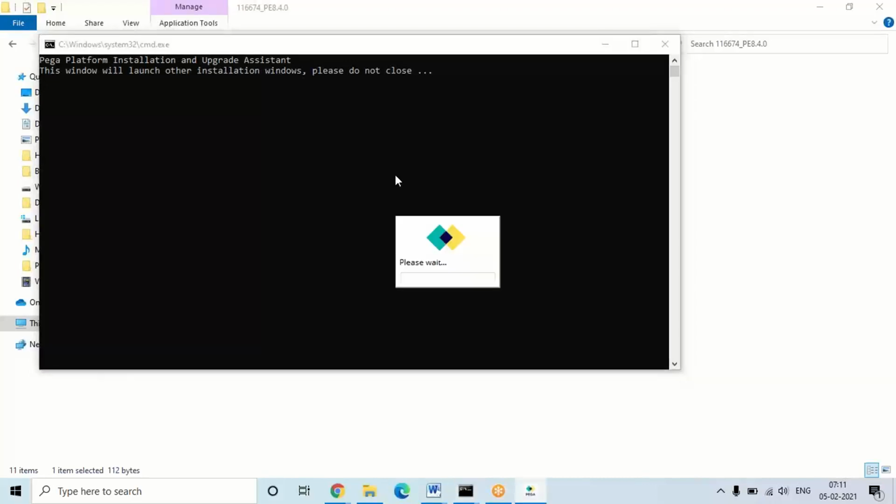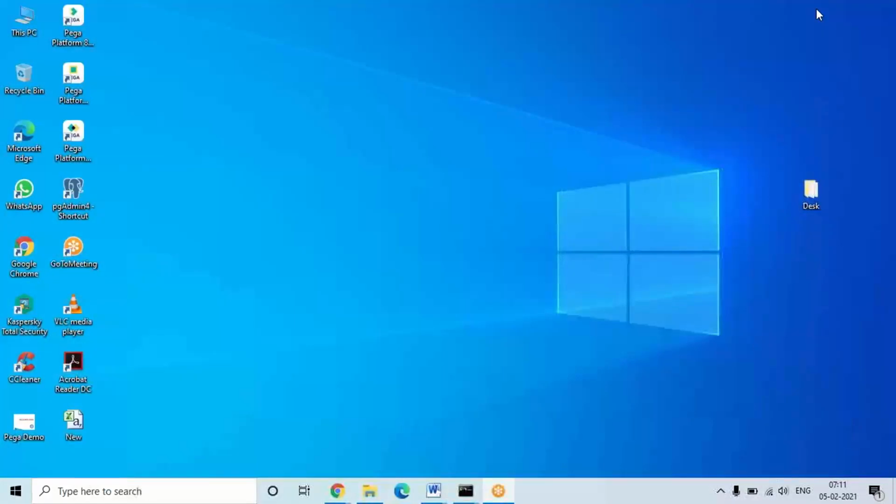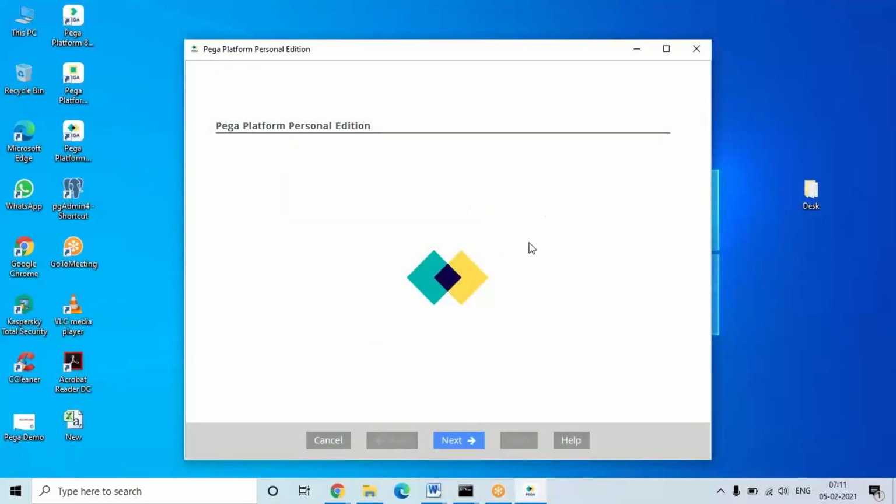Within a few seconds, you have to minimize this command prompt. Minimize that, and this wizard will display.